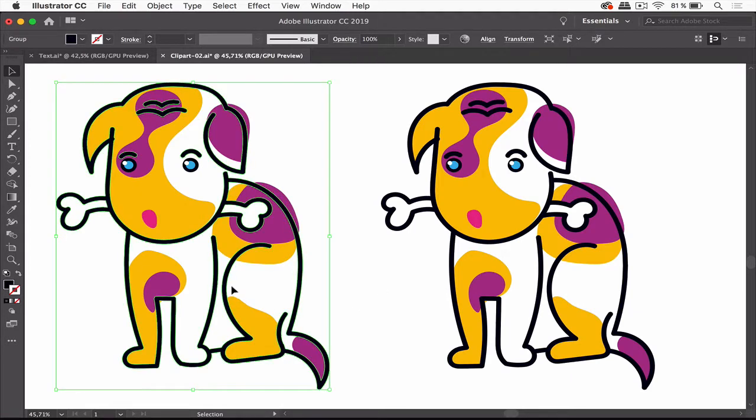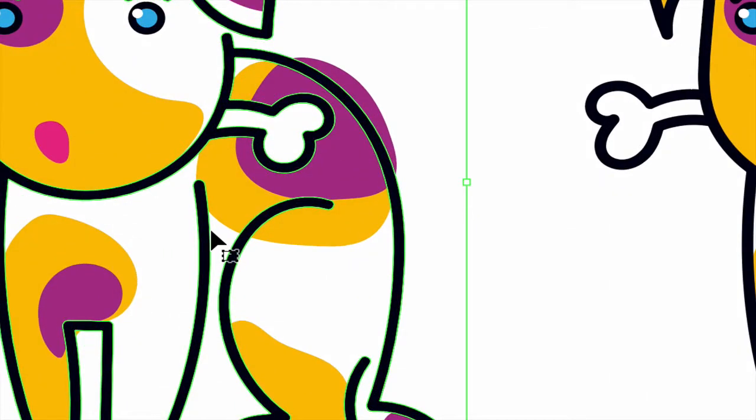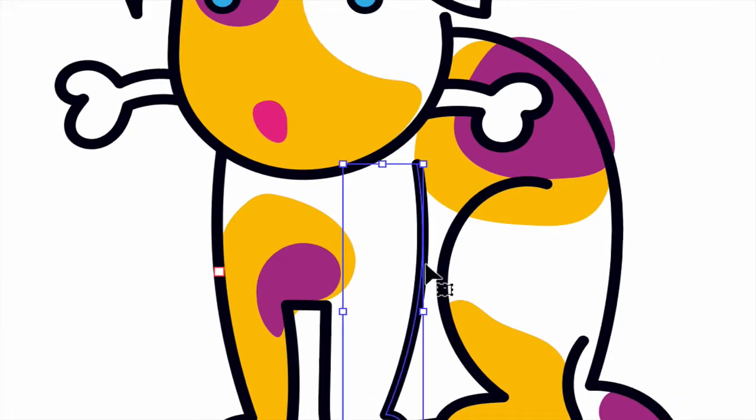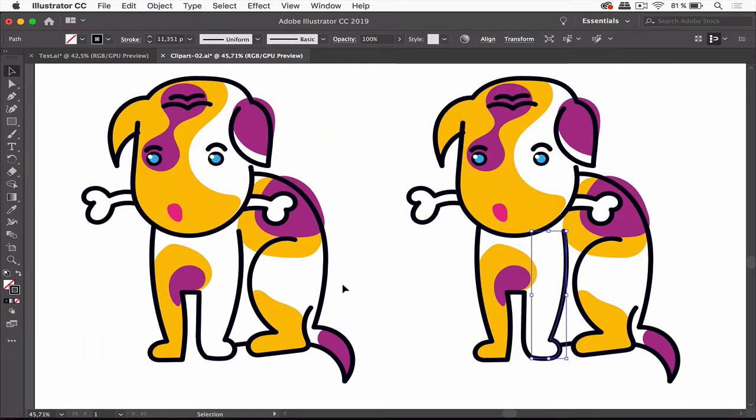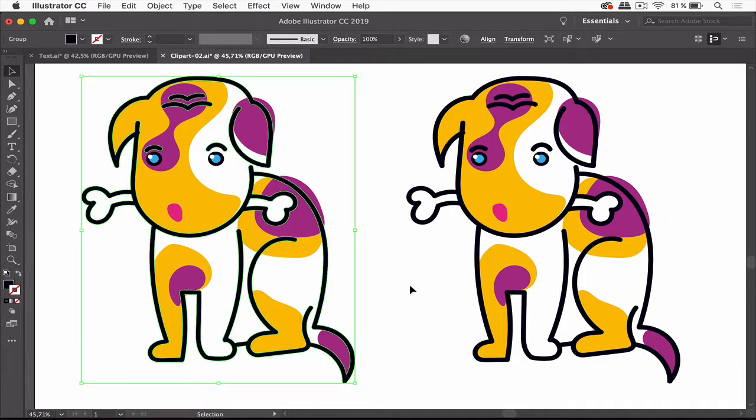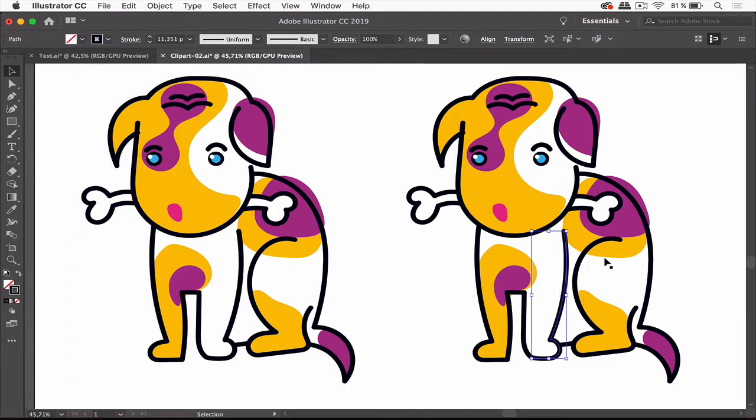When I select this, you can see it. This has the stroke outlined, and the other one has not. So the right one is easier to edit because strokes are still strokes. But mostly the clip art is not provided in that way because clip art companies demand that strokes are outlined usually. Now, when you're lucky and you've got this kind of file, what you can do is go to Window